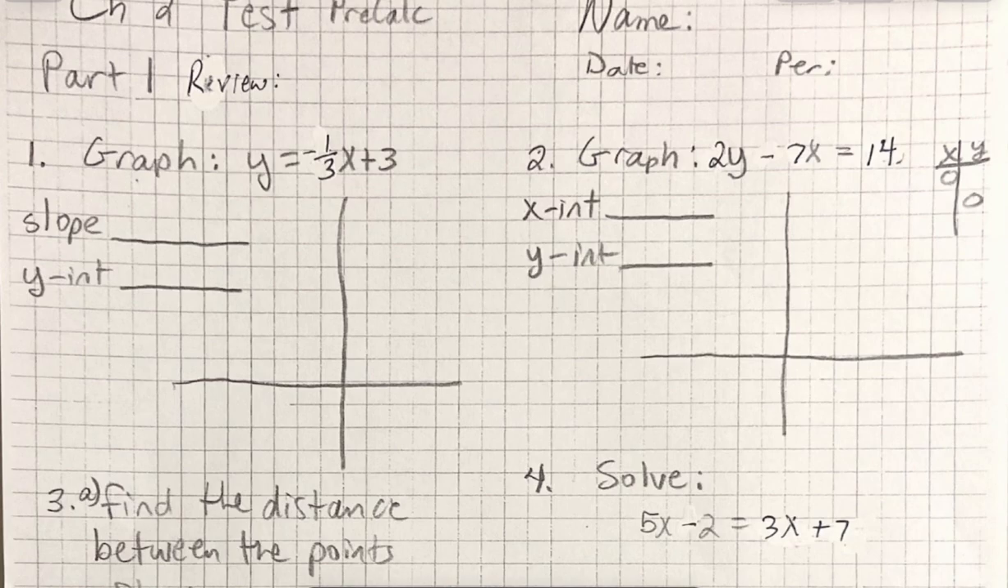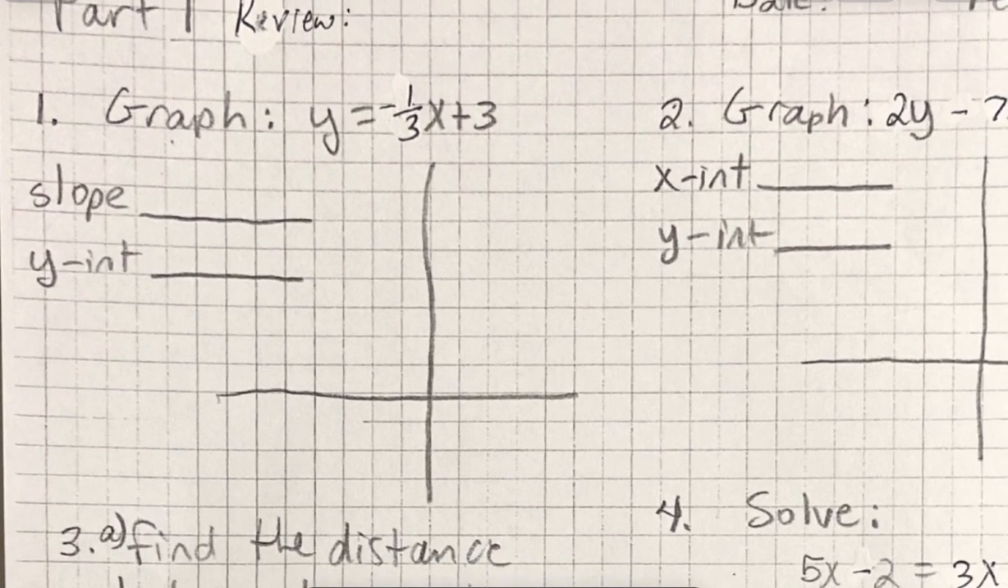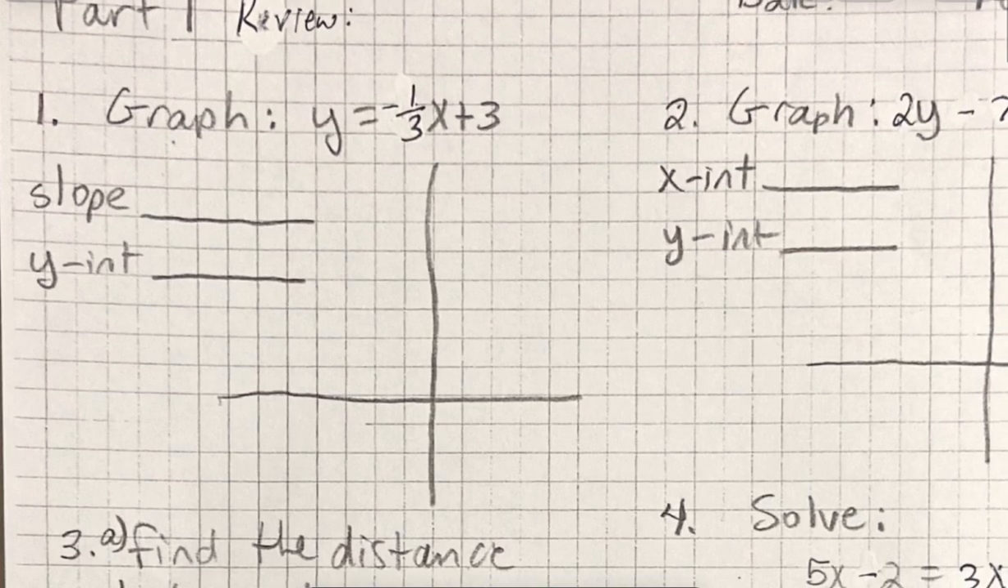Okay, so the test is going to be in two parts. The chapter 2 test is going to look like what you see here, and it follows this very, very closely. The first thing we're going to do is graphing. To graph a line in slope-intercept form, if we look at this first one here, remember,